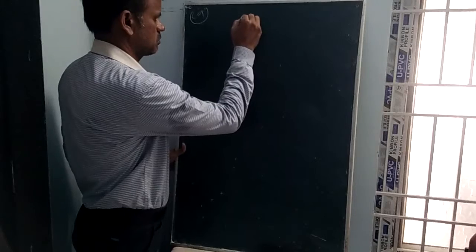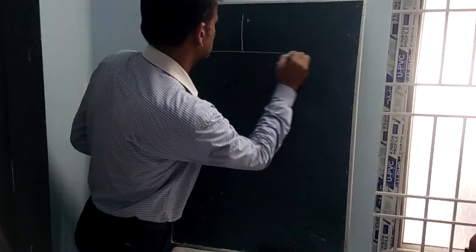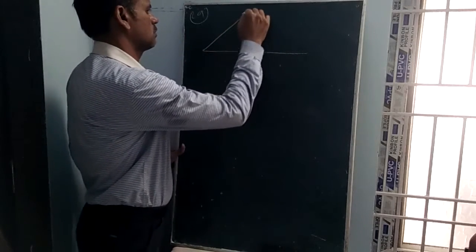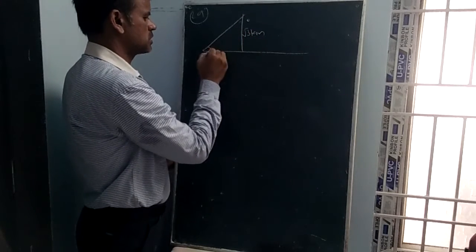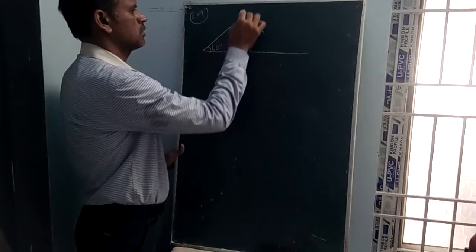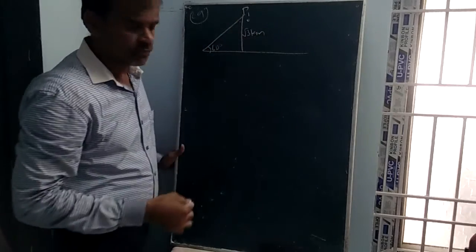29th question, an aeroplane, already we had done in examples also. An aeroplane flying at a constant speed parallel to the horizontal ground root 3 km above it. It is observed that the angle of elevation is 60 from a point on the ground. Okay, until here, draw the diagram. This is root 3 km. This is 60 degrees. This is P1, position 1.